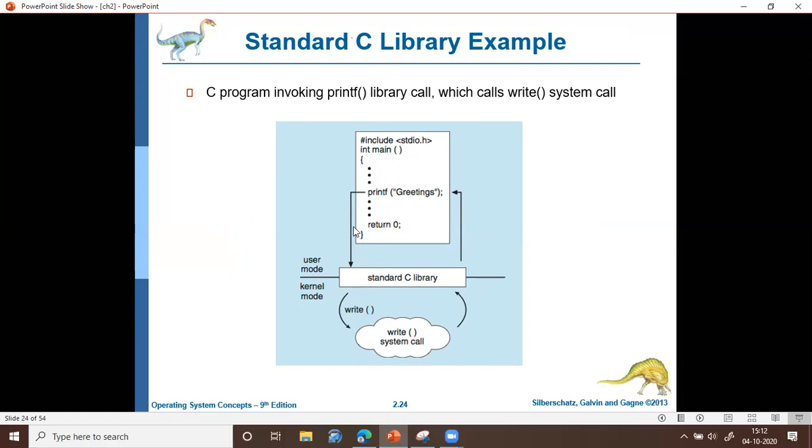It maps to the standard C library, which identifies that the API printf refers to the write system call. So the write system call will be invoked, the operation given will be done, and the result will be transferred to the user program.